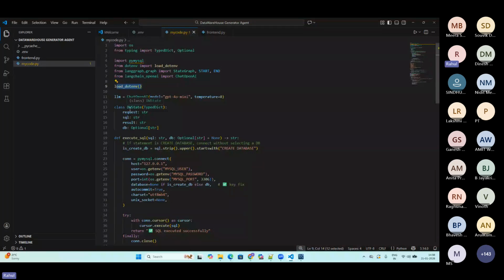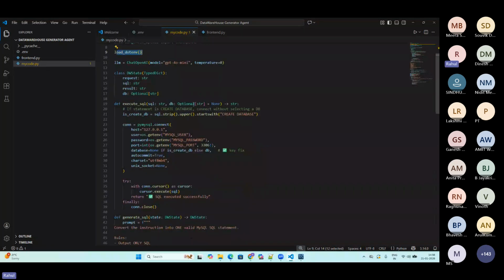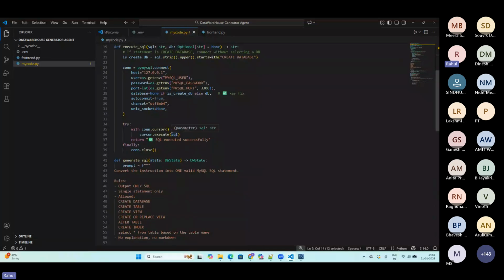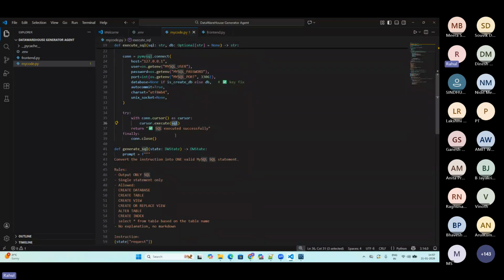I'm having a state. State is basically what all things I will capture, right? Request, SQL, result, and DB. Executing the SQL. Here I am connecting my SQL database with passwords and all. So this is like a login which is happening using this function. And it will execute the SQL which you are generating here, right? It will execute the SQL there,